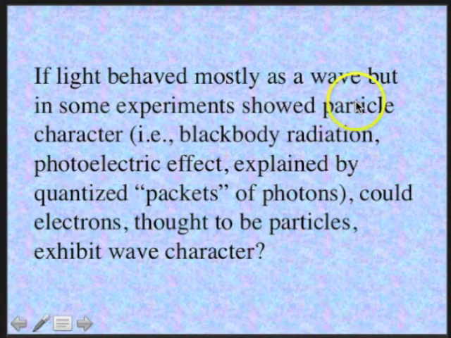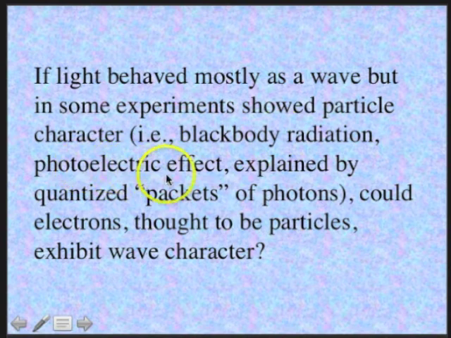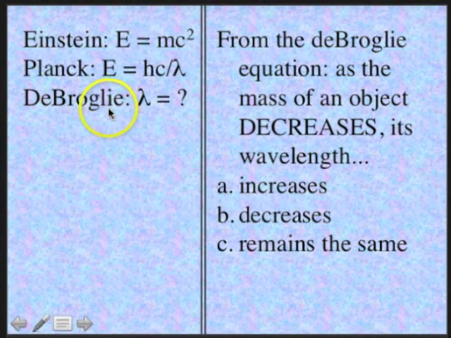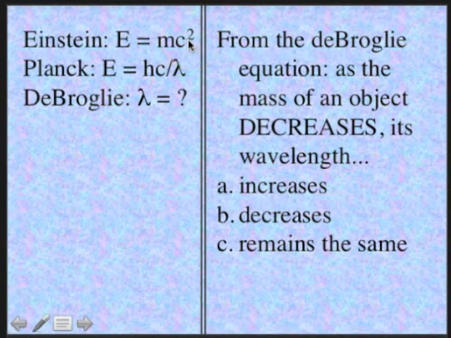It was realized that if light behaved mostly as a wave, but in some experiments showed particle character, like in blackbody radiation or the photoelectric effect, these explained by quantized packets of photons, could electrons, thought to be particles, exhibit wave character? De Broglie was a scientist who had two equations to work with: E equals mc squared, Einstein's equivalence